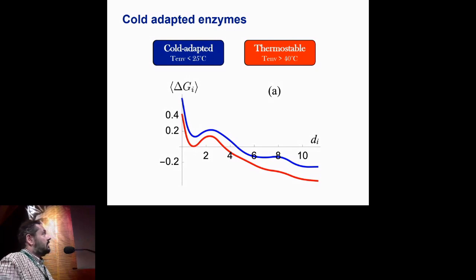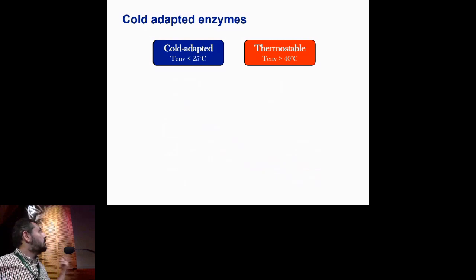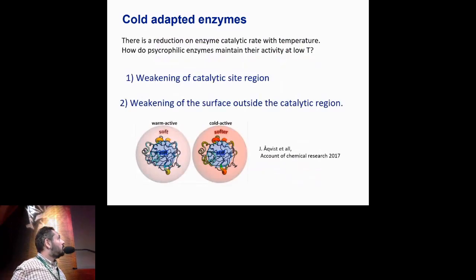We see that the catalytic sites of the cold-adapted enzymes are weaker with respect to the catalytic sites of the thermostable enzymes. So this is more in agreement with the first hypothesis than with the second,